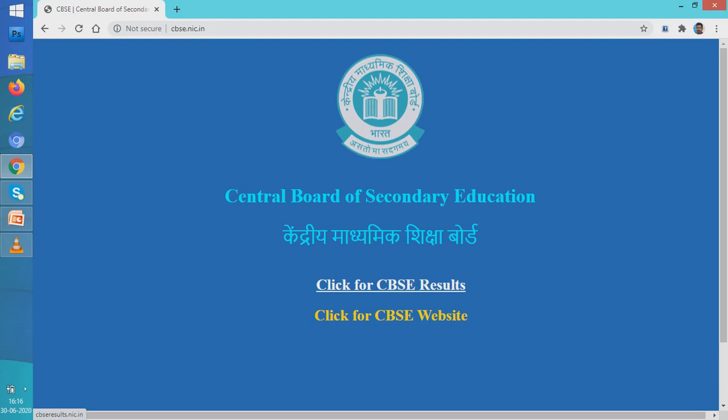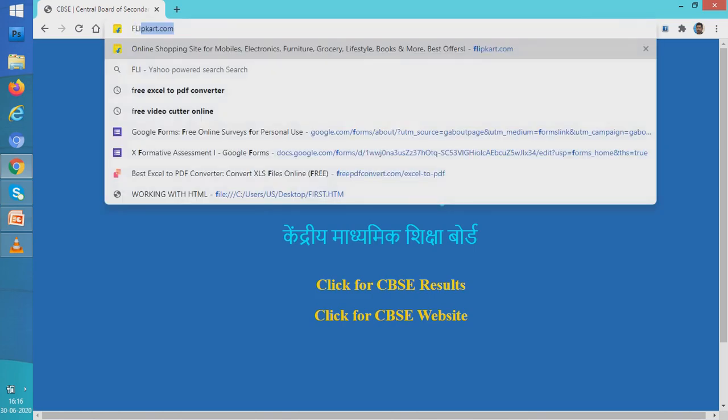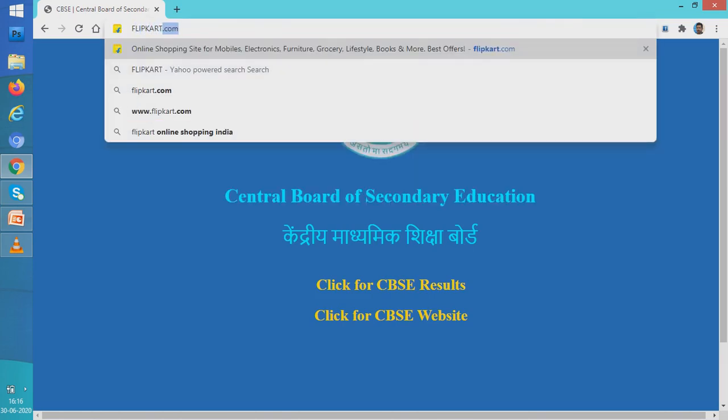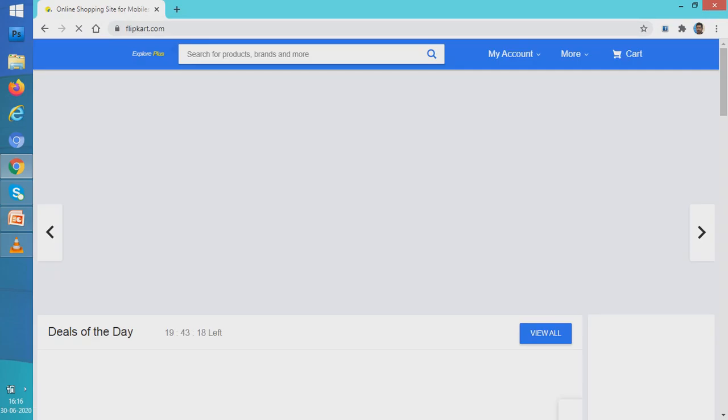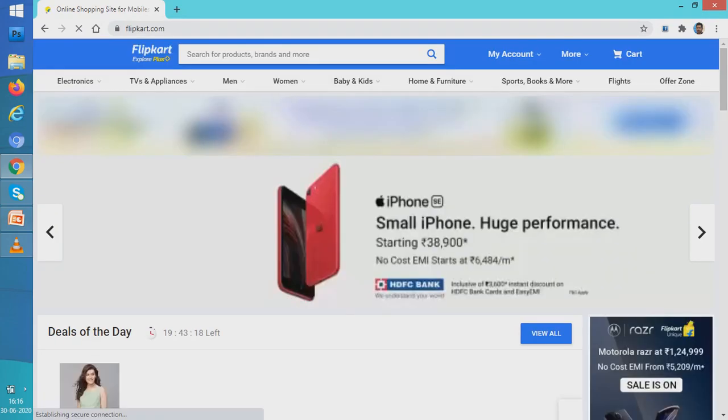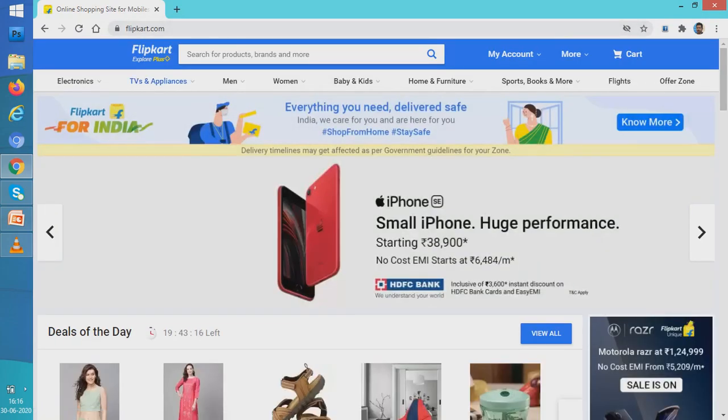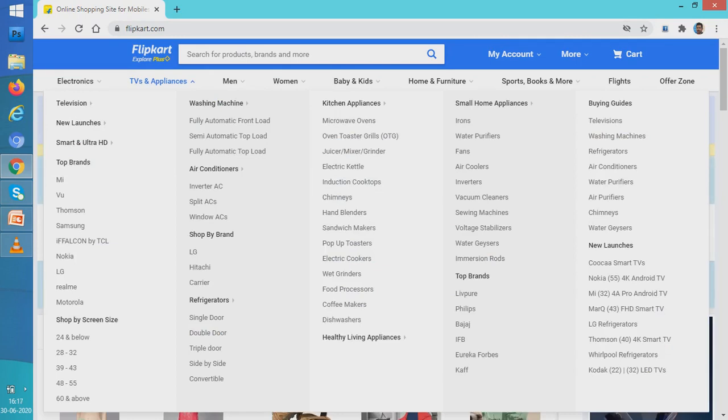Now if I take some other website, say flipkart.com. Now when I go into flipkart.com and you click the TV and appliances, see we have many given items in the lists.